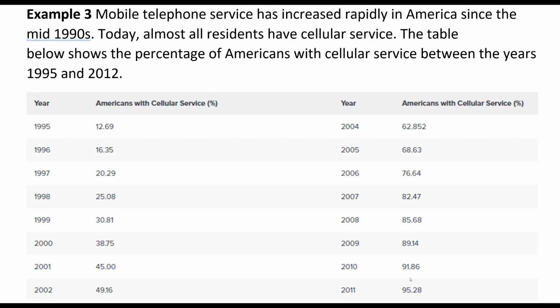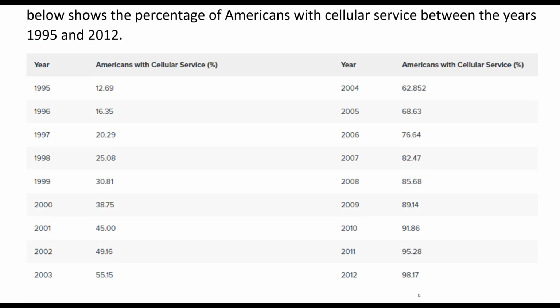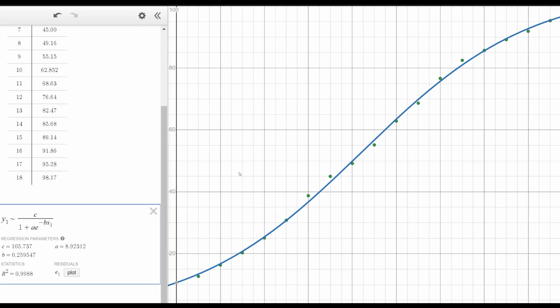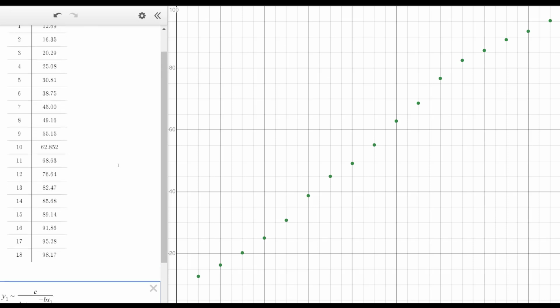So this is the percent of Americans up to 95.28. Okay. Oh, up to 98.17. Okay. So we're going to look at this on Desmos. And we get this. I'm trying off the curve. So I plotted the data points